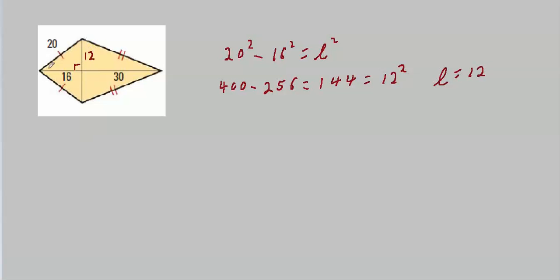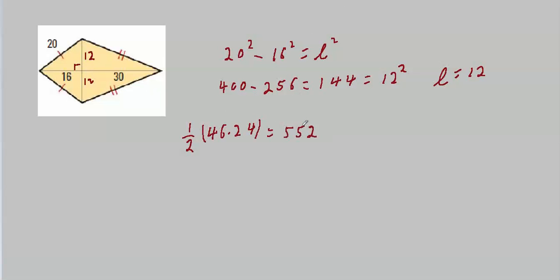Well, remember the diagonal that goes from the vertices joining the congruent sides bisects the other diagonal. That means this is 12. Well, now we've got something we can work with, because we've got 16 plus 30 times 12 plus 12 divided by 2. Now 16 and 30, what's that? 46 times 24. And we have to multiply that, of course, by 1/2. And if we do that, we get 552.